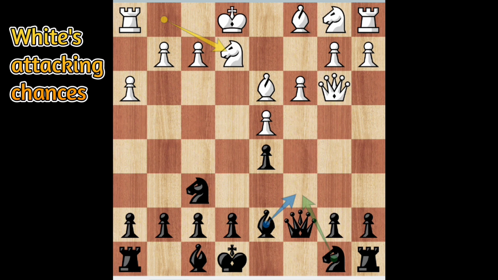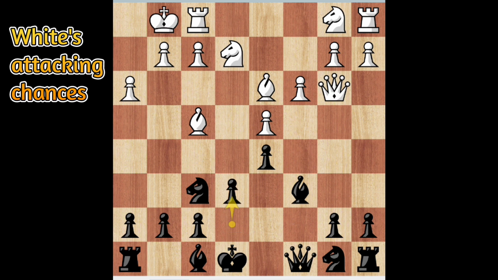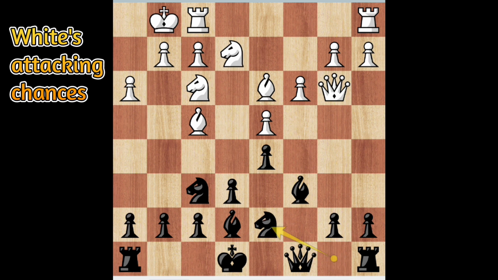So in the game, bishop c6 was played, and the game continued. Bishop f4, queen c8, kingside castle, e6, knight d2, bishop e7, knight f3, knight b to d7,